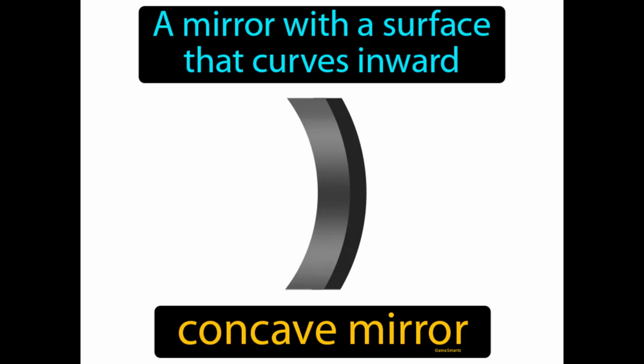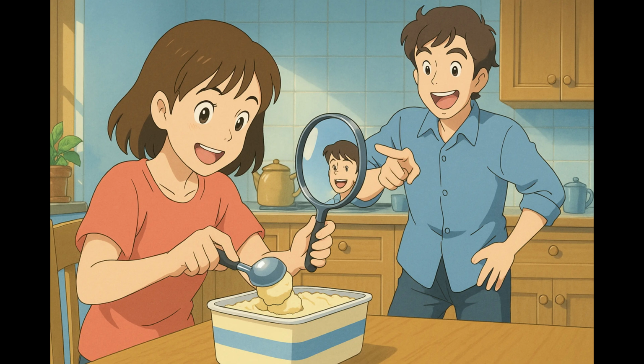A mirror with a surface that curves inward, concave mirror. A concave mirror focuses light to a point and can make images appear larger when viewed up close. Imagine trying to scoop ice cream from a container, but the scoop is flat and doesn't quite gather the ice cream effectively. This is similar to how a concave mirror works, because just like a curved ice cream scoop gathers